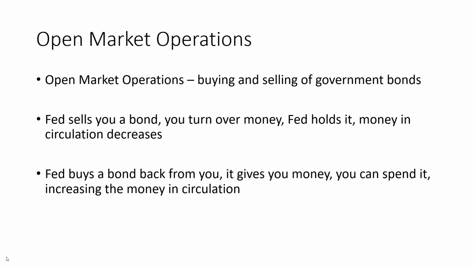If it's selling the bonds to conduct monetary policy, it takes that money and sticks it in a vault someplace. So what's happened to the amount of money in circulation? Well, that money sitting in a vault is not circulating. So the money supply decreases. If the Fed wants to decrease the money supply, it will sell bonds. On the other hand,